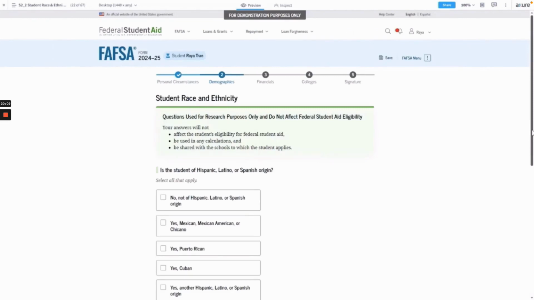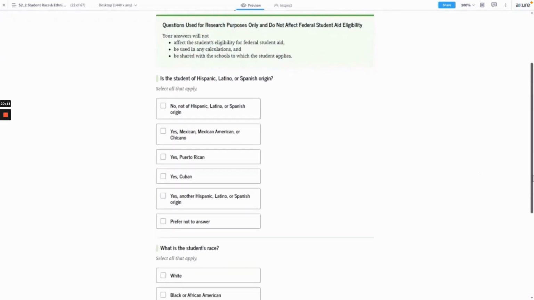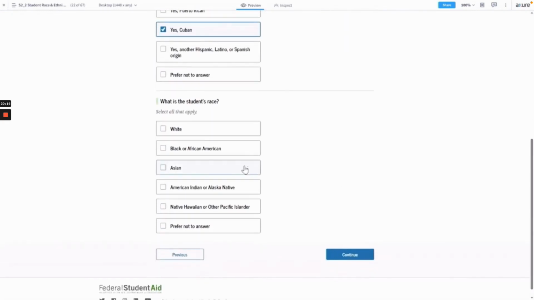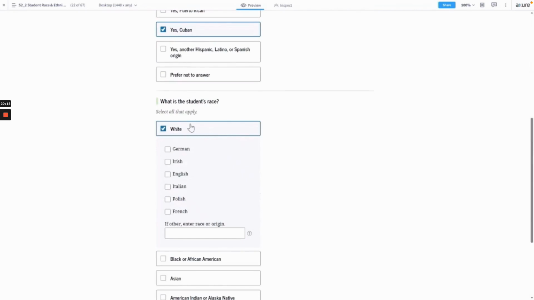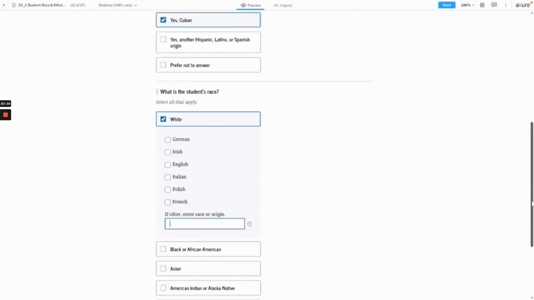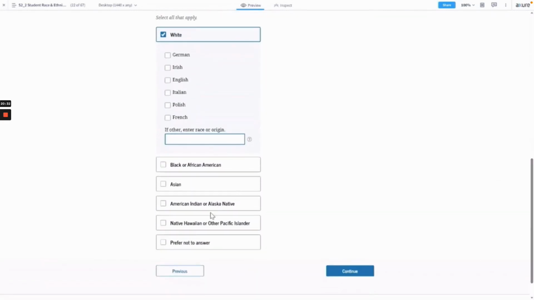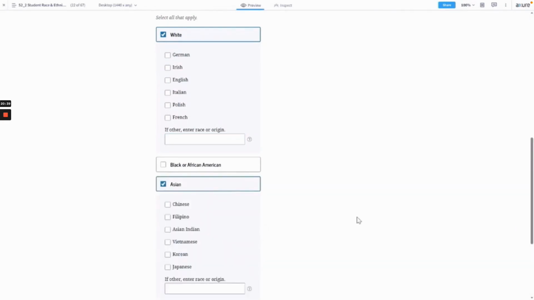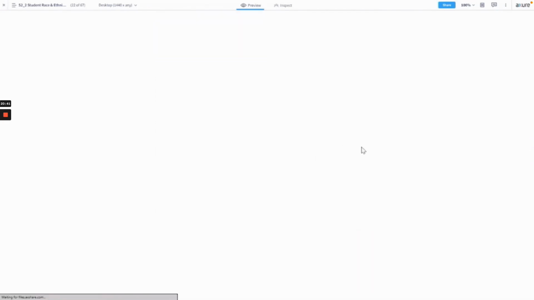So I'm going to go ahead and answer the questions and then move to the next screen, which has similar language at the top and is asking about the student's ethnicity and race. And you can see in the race section, as you select each option, there are multiple additional options underneath, as well as the option to type in something if you don't see listed what you want to share about your race. And you can select as many options as you'd like. I'm going to continue from this screen